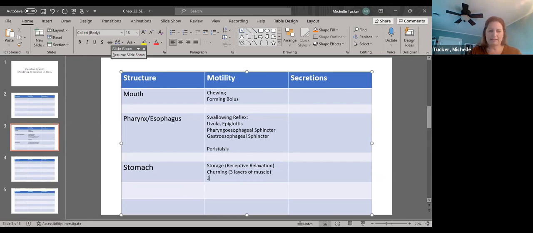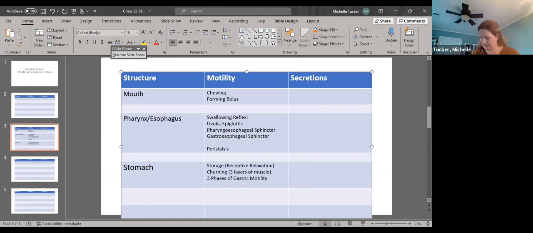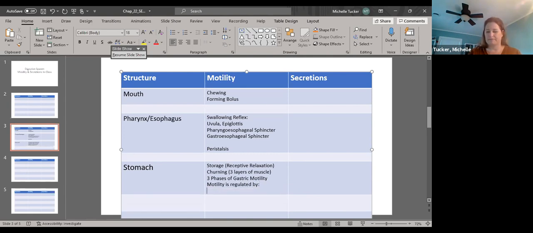The three phases of gastric motility. So be able to match those. I'm not going to write out all three of them. And motility is regulated by volume,